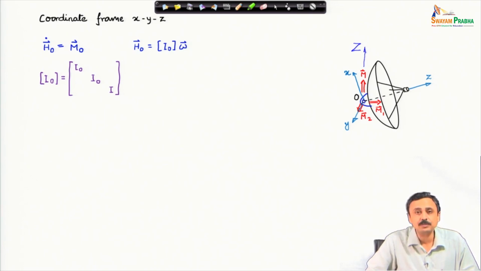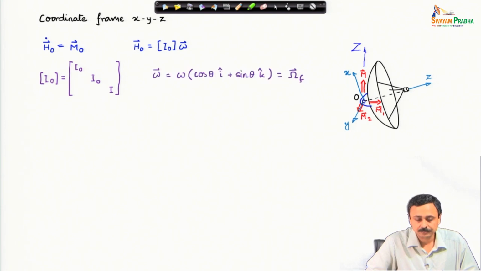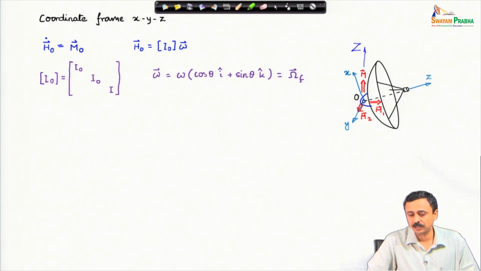XYZ is the principal frame for this body. I naught, these are the moments of inertia about the x and y axes, and I is the moment of inertia about the axis of symmetry. Angular velocity in this frame can be represented as omega cos theta i cap plus sin theta k cap. You have the angular velocity